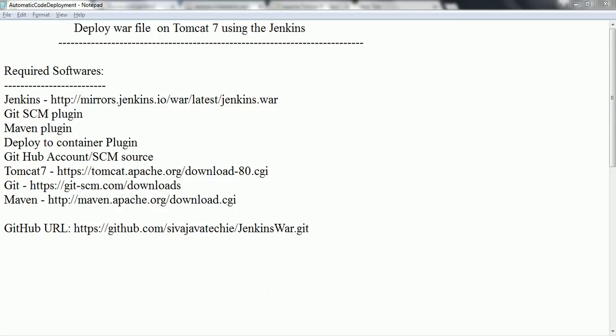Welcome to the session on deploying WAR file on Tomcat 7 using the Jenkins. So Jenkins is a continuous integration tool which is going to help the software developers to automate few of the software development life cycle steps such as running the unit test cases, running the integration test cases, and building your software, and finally deploying your executable file to our target environment. So in this session I am going to explain how you can deploy a WAR file on the Tomcat 7